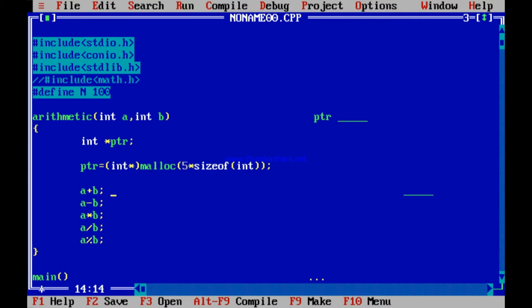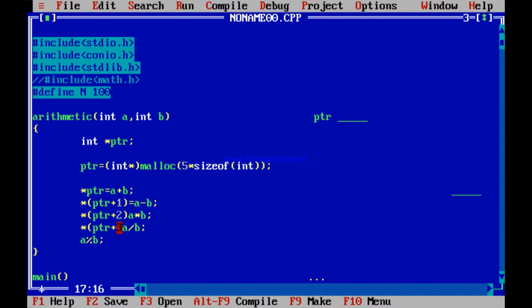Now where to store them? See, if this address is ptr, then I need to store the sum over here, the difference in the next two. So definitely I can write something like this, star ptr is equal to a plus b, is it not so? Similarly, in the next available memory location, star ptr plus 1, next is star ptr plus 2 where I store, is it not so? I can store it in star ptr plus 3.